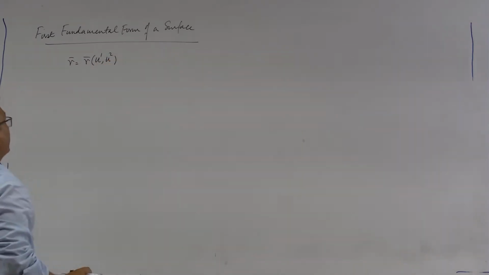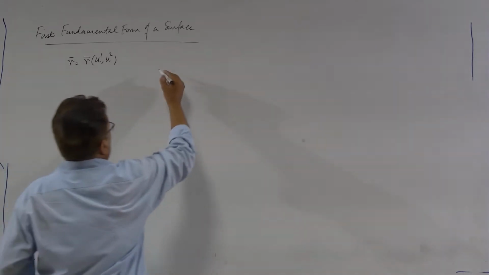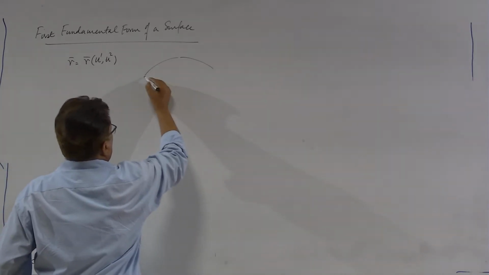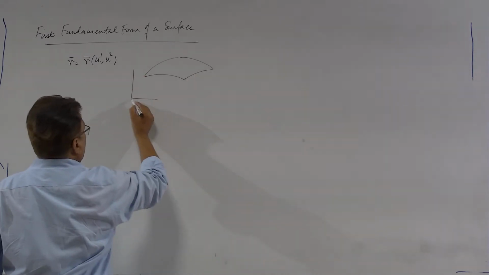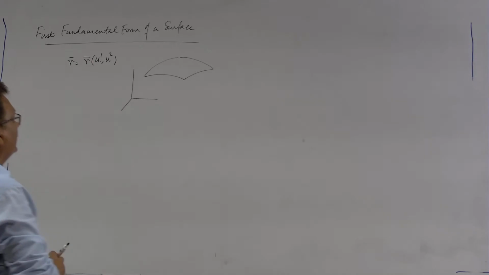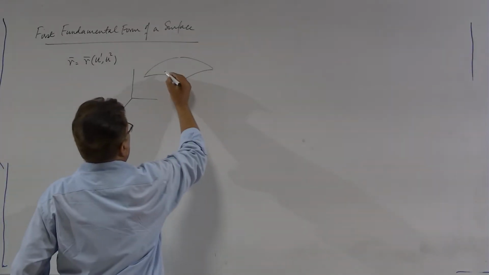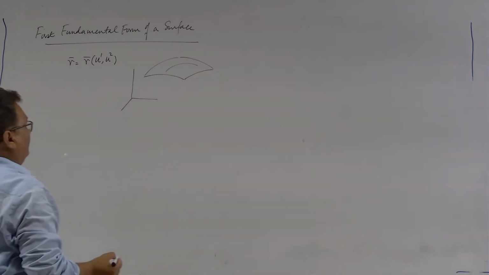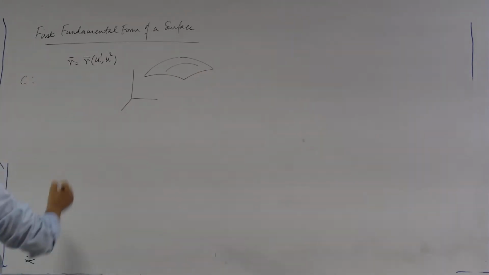U1, U2 are the parameters of a surface. So, it will look like this in R3. What I will be doing, I will consider a curve over it. So, let C be a curve drawn over a surface. So, a curve C on the surface sigma